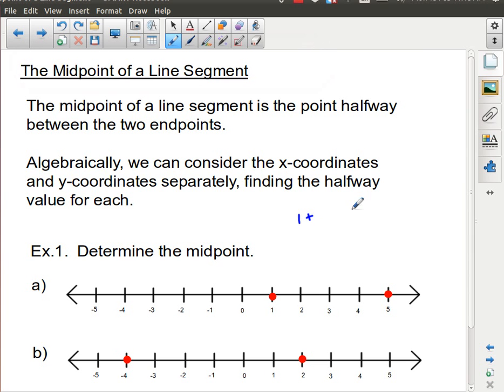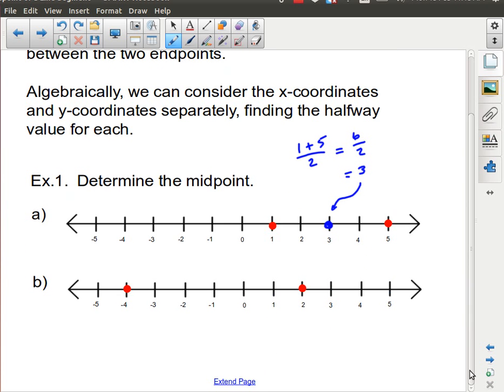We add the two values, 1 plus 5, and divide by 2, and that gives me 6 divided by 2, which gives me 3. And that is that value right there. If I move down, in this case I've got -4 and +2. I do it the same way. Visually we can see it looks like my answer is going to be here at -1. So I put in my -4